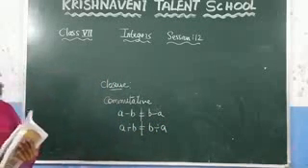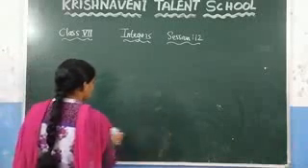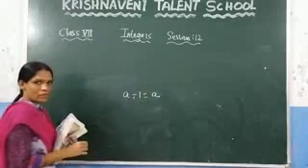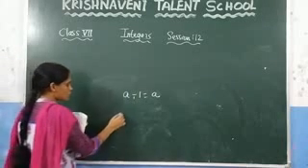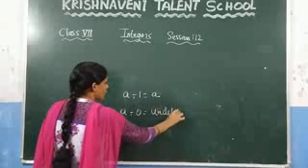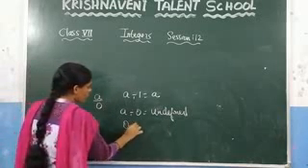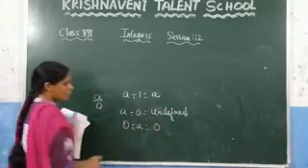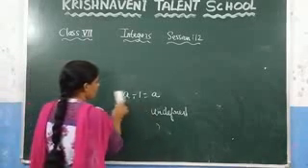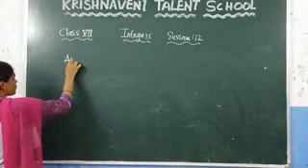We discussed one more, which is division by 1. If you consider any integer, then a divided by 1 is always equal to a. We have also discussed division by 0. Anything divided by 0 is undefined. That means if the denominator is 0, that value we cannot define, and we proved 0 divided by a is 0. After that, in the last session, one more property is there which we are going to discuss now, which is the associative property.